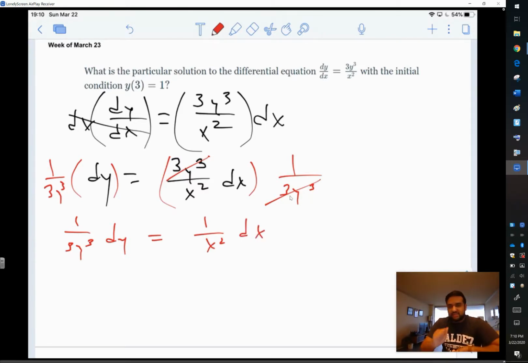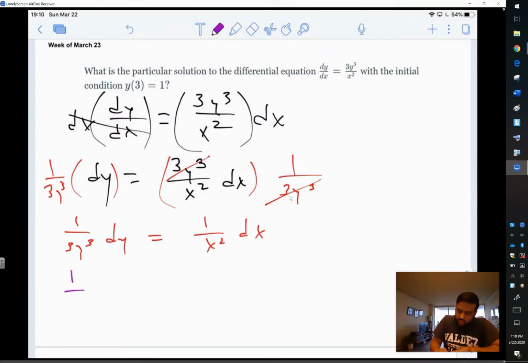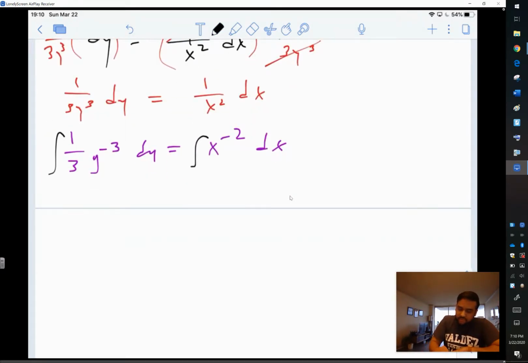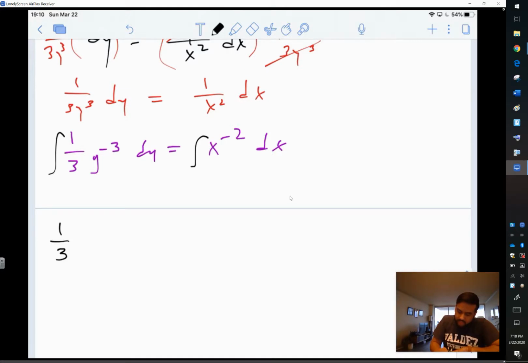I'm going to rewrite these things a little bit, and I think you'll see why. I'm going to rewrite the left-hand side as 1 over 3y to the negative 3, pulling that out of the bottom, and the other side as x to the negative 2. Since y and dy are together and x and dx are together, I'm ready to take the antiderivative of both sides. Doing so enables us to get, be careful with the coefficients here, 1/3 y to the negative 2 power, adding 1 and dividing by the same number plus c, and same deal over here,